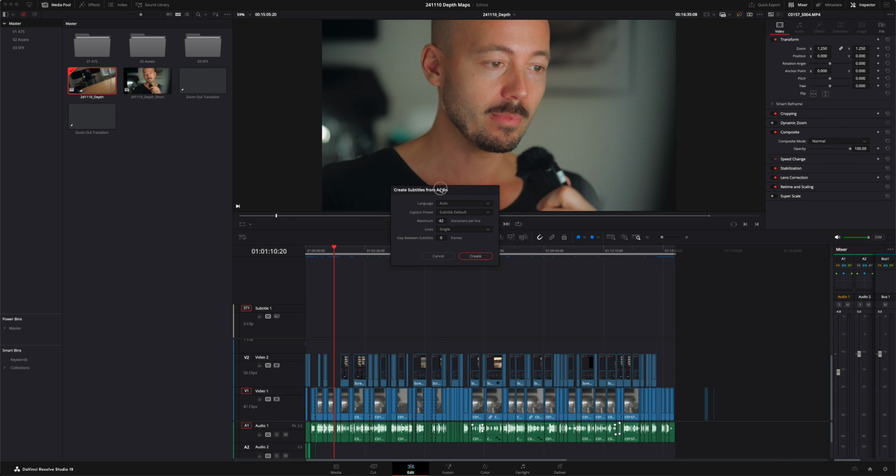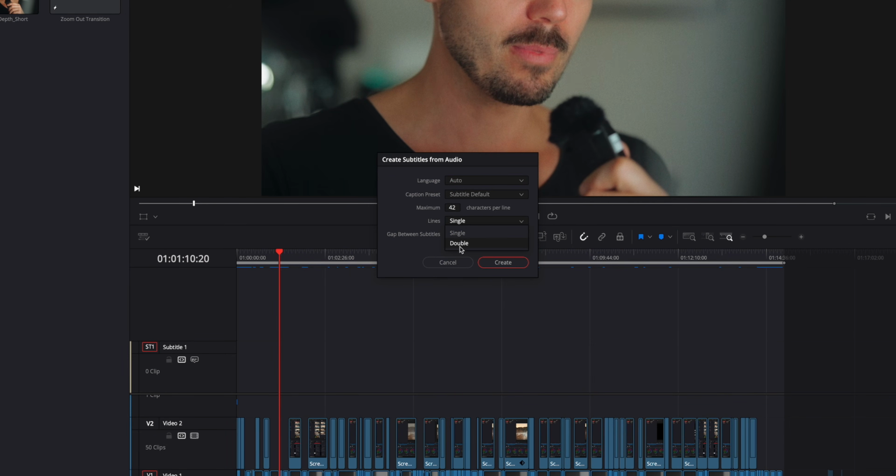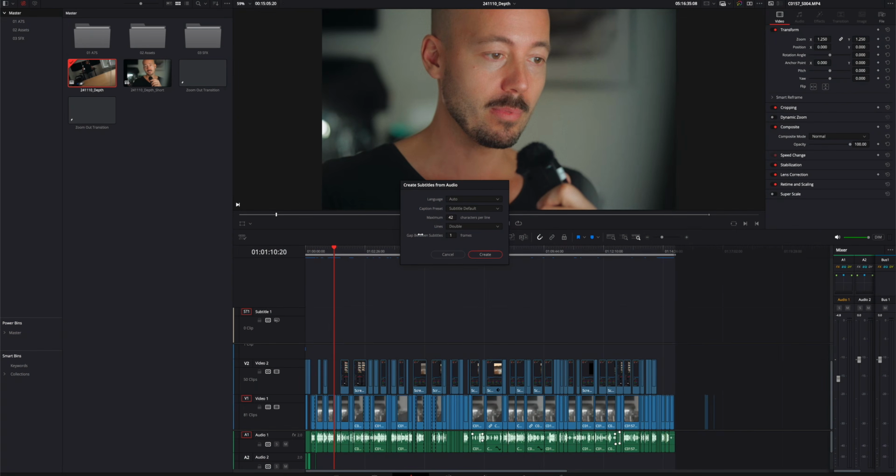There are a few settings that you could play around with right here. I'm not going to touch anything. Single line, double line. Let's go with double line for this one. I just said I'm going to leave it as is, and then I just changed everything. Anyway, I'm just going to hit create, and DaVinci Resolve is going to analyze this timeline and create a subtitle